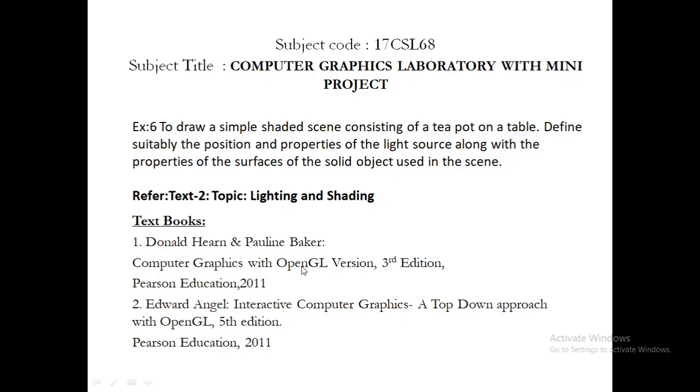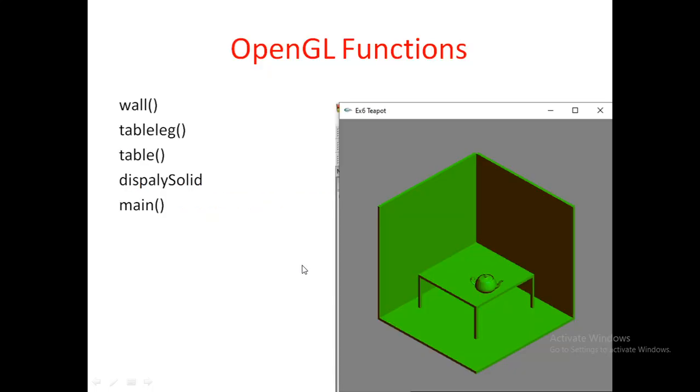Now we'll see the sixth program. So in the sixth program, we are going to draw a teapot image, correct? So you can see the teapot image here. Can you notice what all we are seeing in this output? Three walls are drawn, correct? So on this side one left side wall, right side wall and bottom.